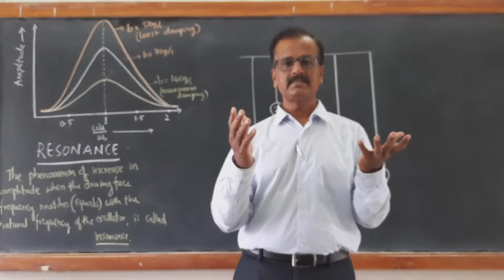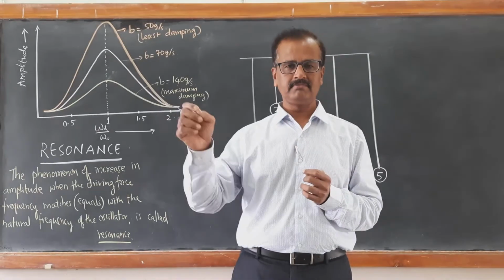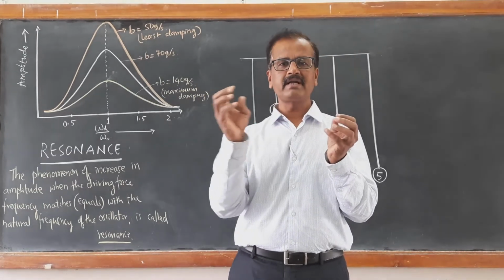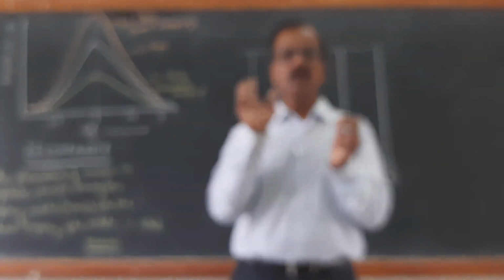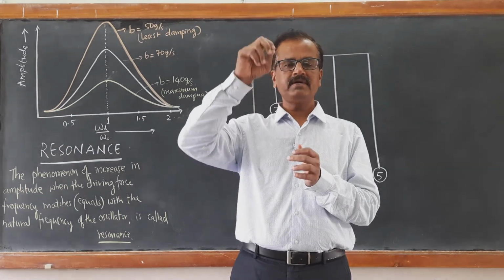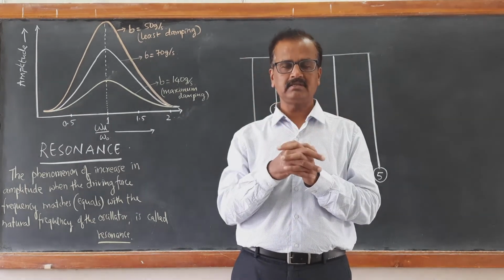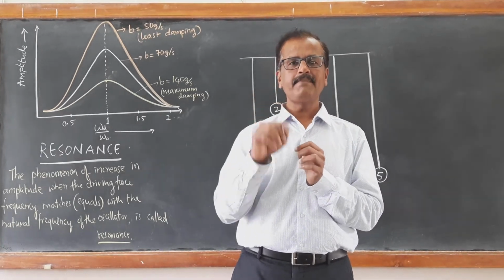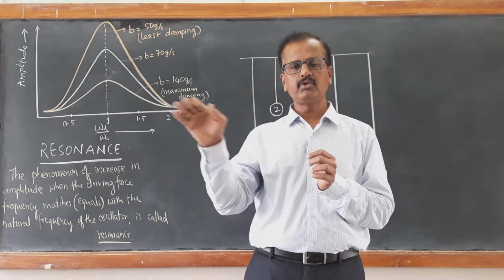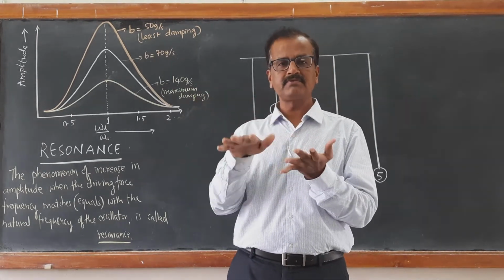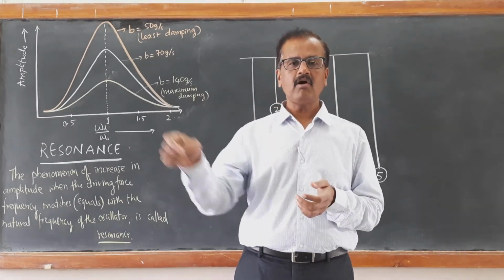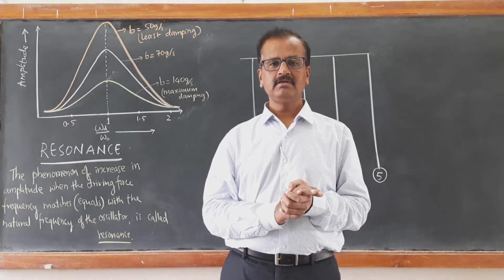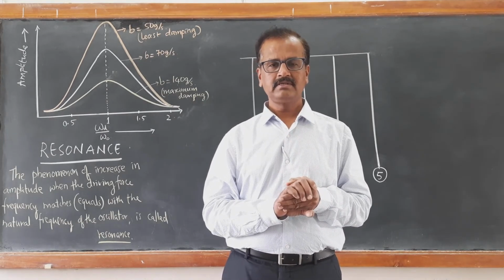Oscillation of a single particle, like oscillation of a pendulum bob, or oscillation of a spring system, the spring being connected with a block, or oscillation of a cork on the surface of water. So, we have studied oscillation of a single particle, either up and down oscillations or to and fro oscillations on a smooth table surface like the linear oscillator, or oscillations of a pendulum about a mean position. So, these are all single particle oscillations.